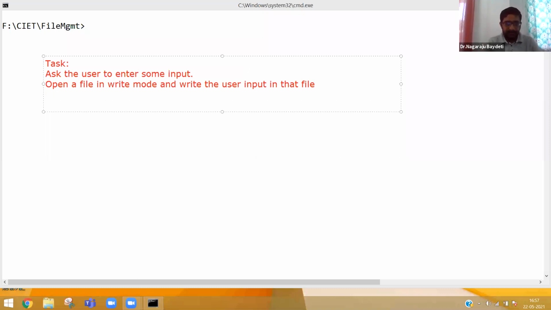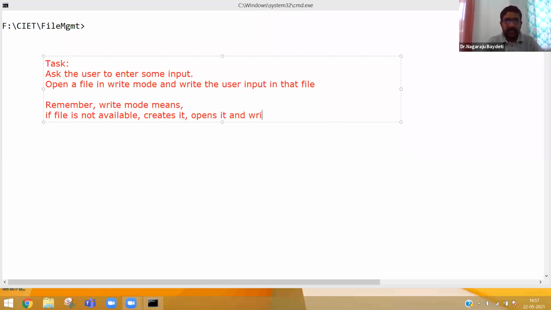Now remember, write mode means if file is not available, creates it, opens it, and writes the contents.